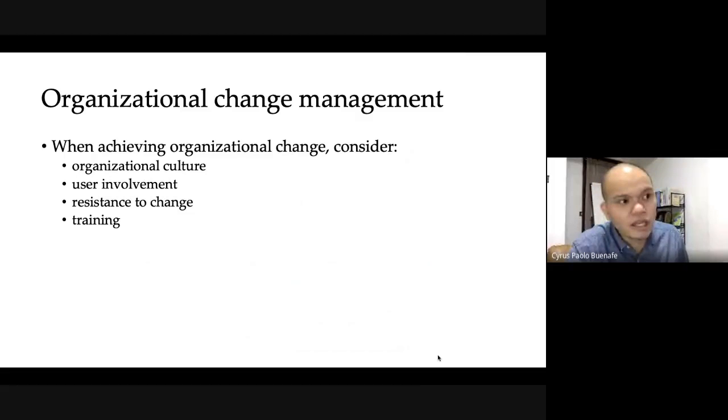And lastly, training. Because you're introducing a new system, so in principle, not everyone is used to the idea of the system. Okay, it's something new, no precedent. Maybe there would be some similarities in look and feel, okay, but that's not going to be obvious to such people, not unless you actually tell them what those changes are or how the new system is actually more beneficial compared to the older system. And for that, you actually need to conduct training.